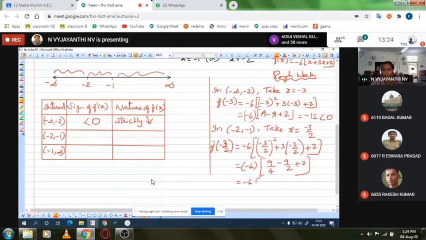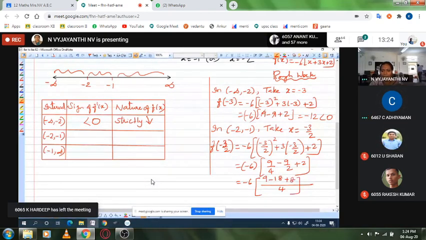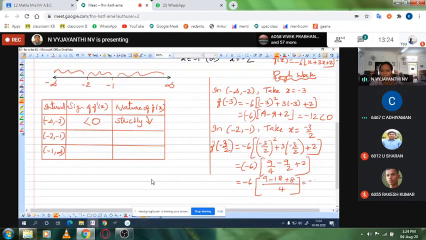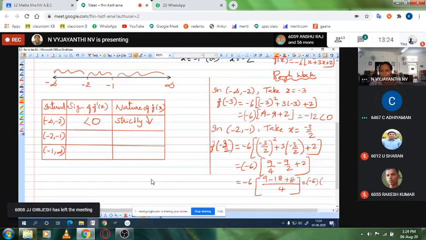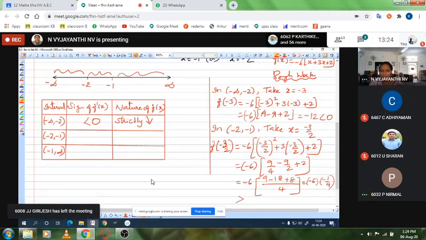Minus 6, 3 by 2. If it is LCM as 4, 9 minus 18, then plus. Calculate 1 by 1. So minus 6 into what? Minus 1 by 4. So minus into 3 by minus 2 is greater than 0. So greater than 0 means